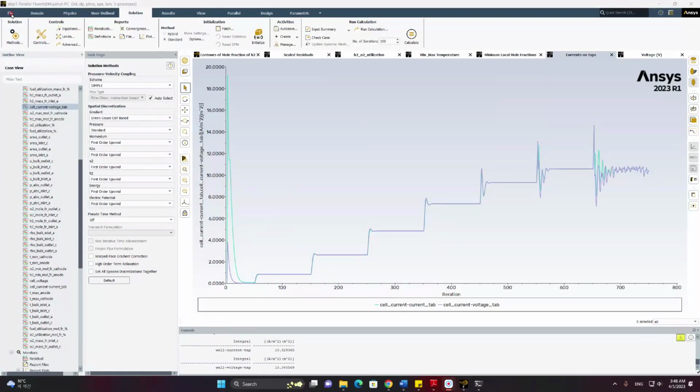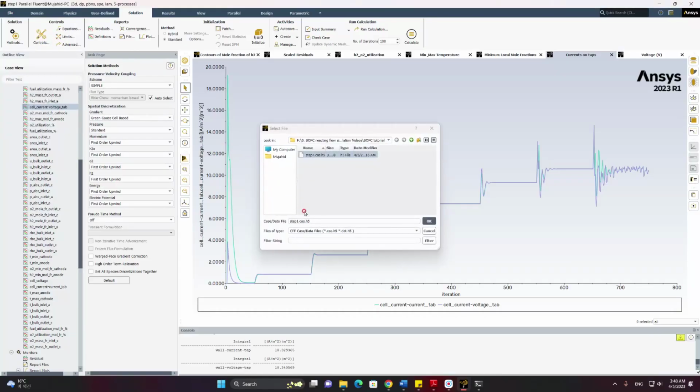Now is a good time to save as our step 2, so we'll write the case and data and call it step 2. Okay,